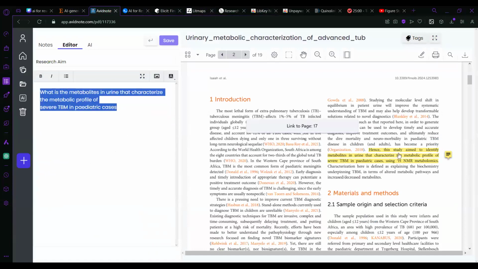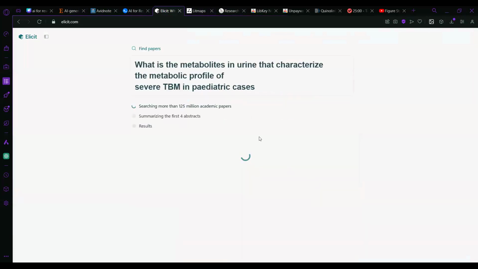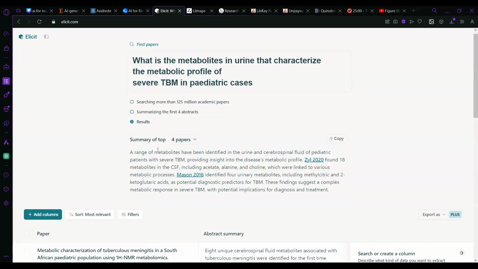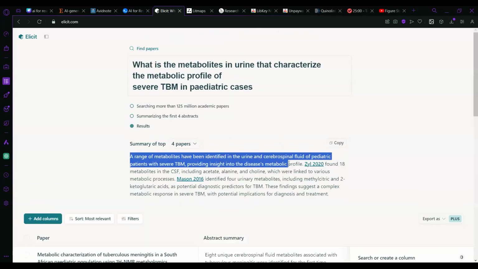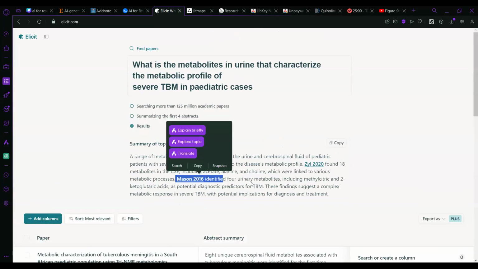So yeah, this is the research aim of this article of Prof. Shane's, was to identify the metabolites in urine, etc., etc., etc. So I will just ask it that, and it will be able to give me just an answer. There's Prof. Mason as well.